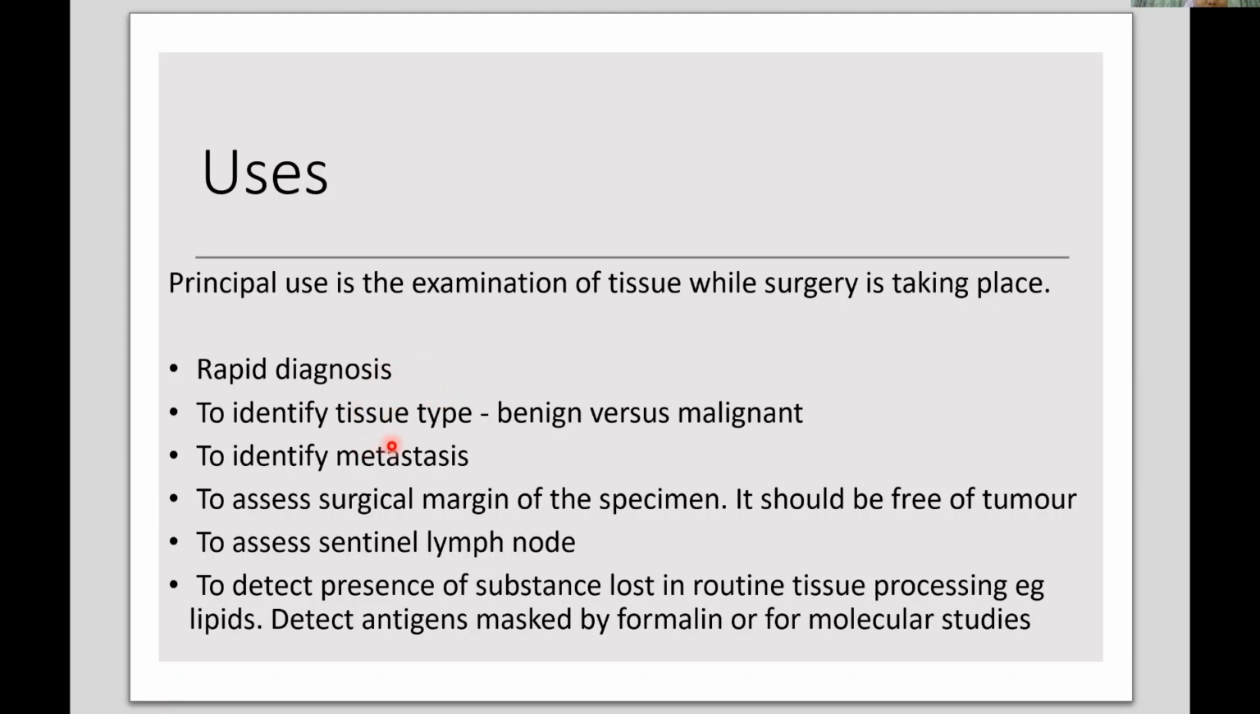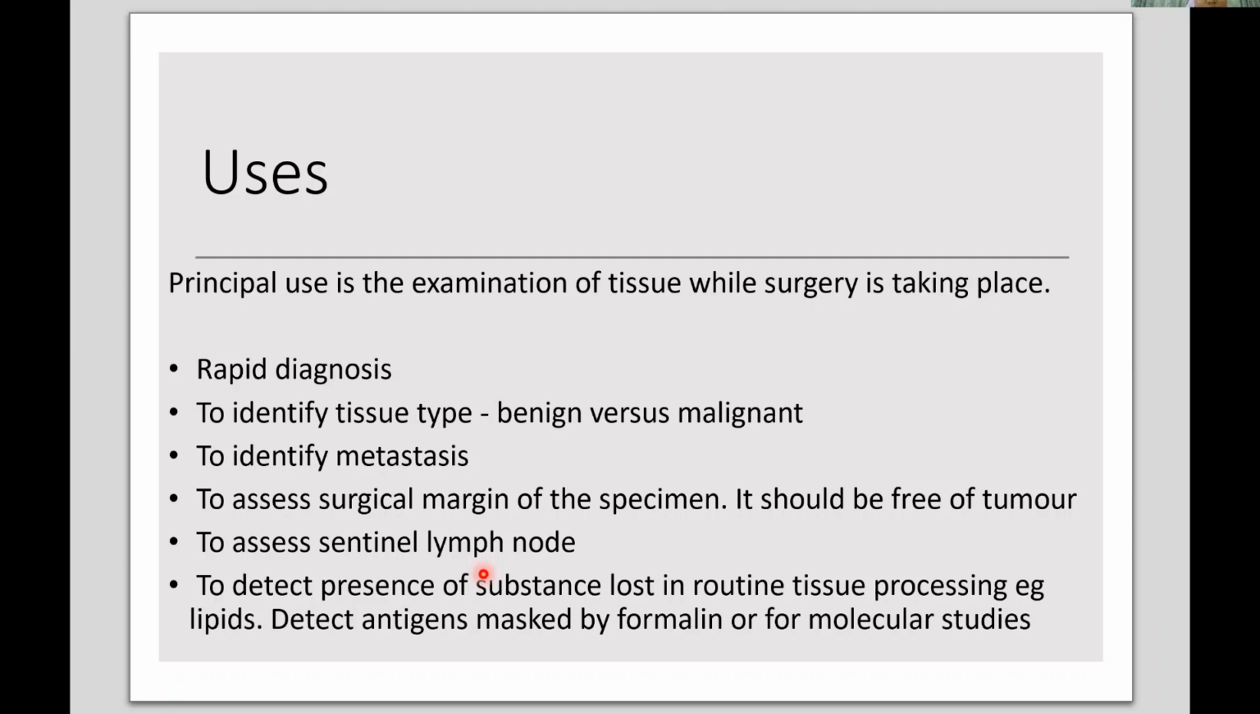Okay, to identify tissue type, as I mentioned, benign versus malignant, and to identify metastasis. Sometimes we can send the lymph nodes, so we can say it's metastatic. To assess the margins. Sentinel lymph nodes are normally used for breast carcinoma. In certain centers, they do not normally do a mastectomy with axillary clearance straight away. So they do the sentinel lymph node first, and when the sentinel lymph node is confirmed positive, they proceed with